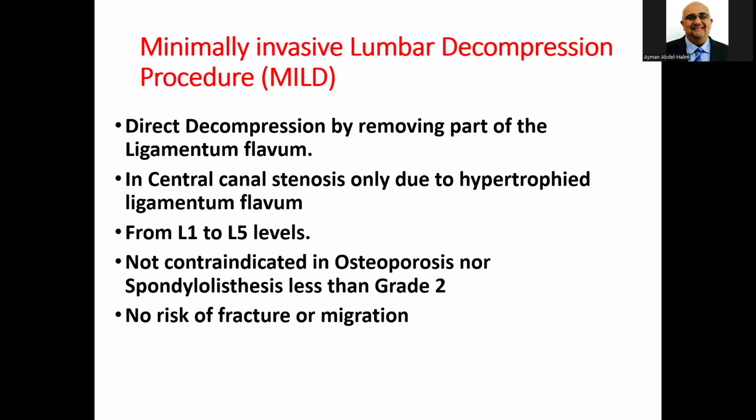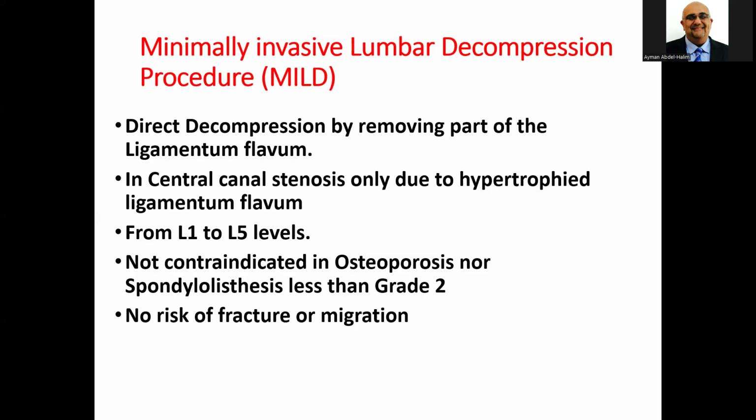And this brings us back to the importance of doing an MRI and identifying the cause of spinal stenosis. And the nice thing about it, it can be done from level L1 to L5, and it's not contraindicated in osteoporosis like the interspinous spacer that we talked about,